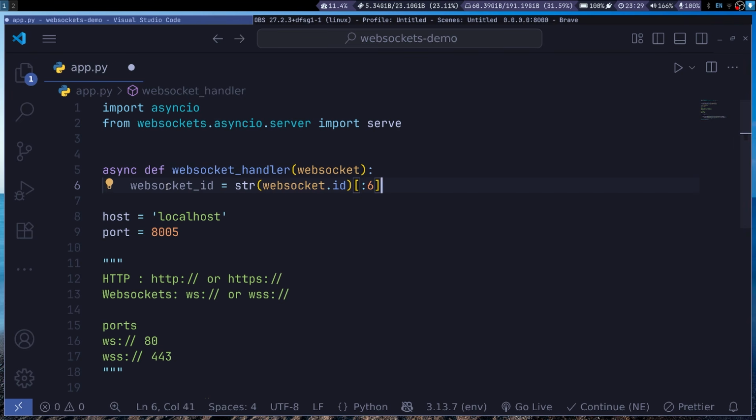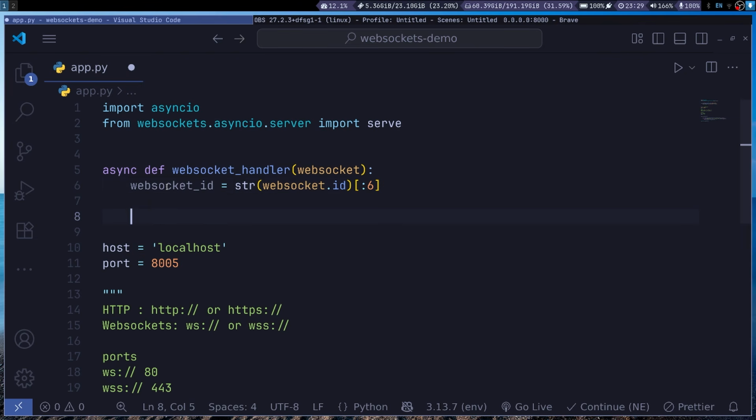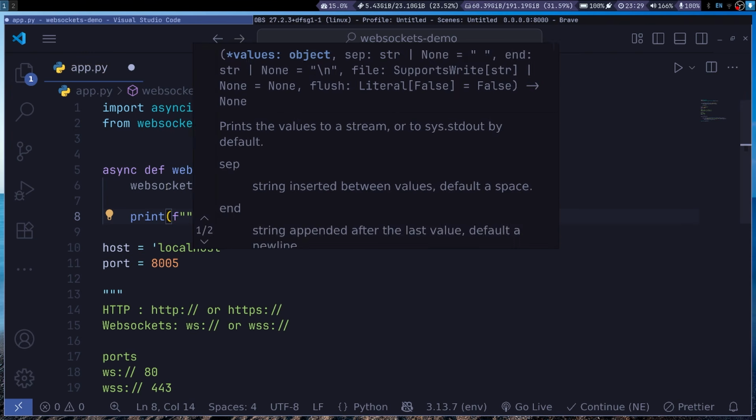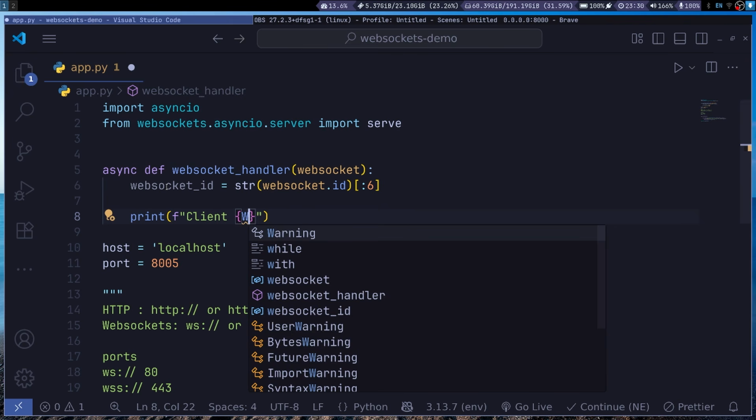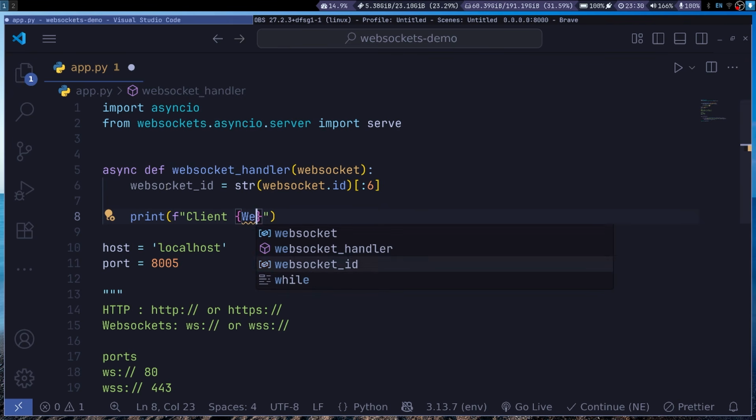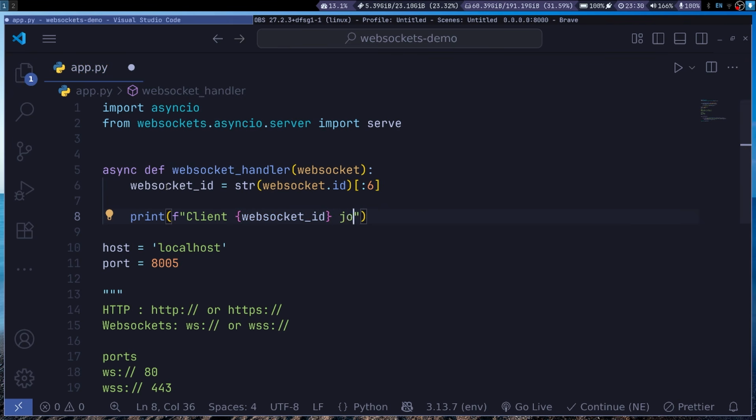Then I'll print an f-string, and I'll say client, and provide the client ID or the server connection ID. So I'll say WebSocket ID joined, or connected, and that will be just a simple print